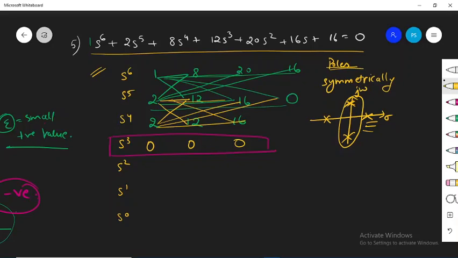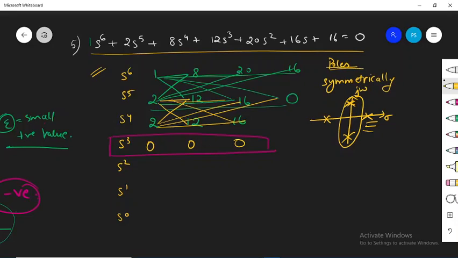The first challenge is how to form this array. We have to form this array, because without forming the array we cannot determine whether the system is unstable or marginally stable. It's definitely not stable, but for the condition of whether it's unstable or marginally stable, we have to make the array.